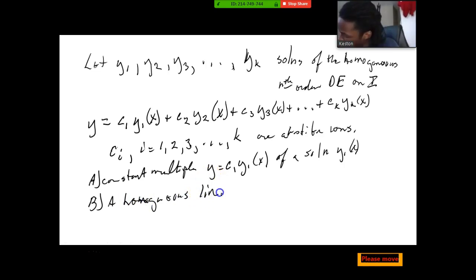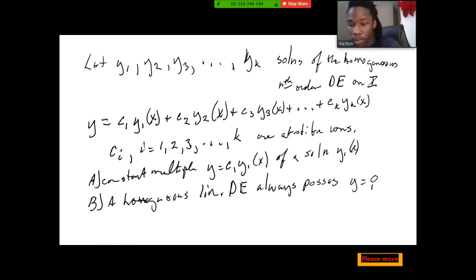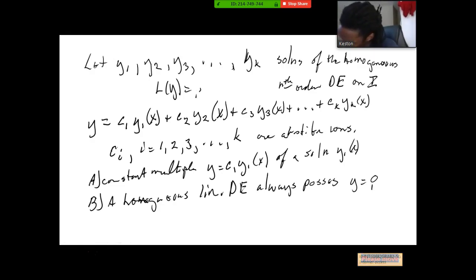Homogeneous linear differential equation, DE, it's going to be easier to write, always possesses the trivial solution y is equal to 0. Always. That's the homogeneous case. Remember, the homogeneous case is when, I'm going to use the short notation, L of y is equal to 0. Well, certainly, if y is equal to 0, doesn't matter what the linear operator is,